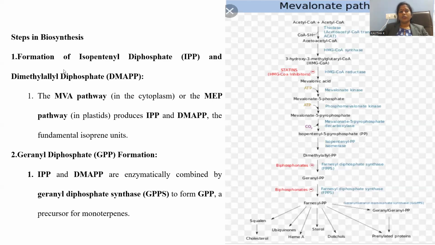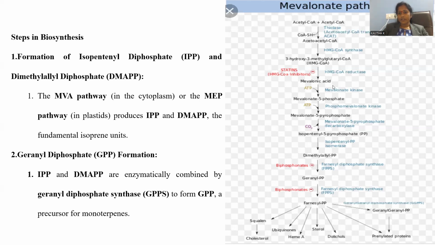Now we enter into the basic steps involved in the biosynthetic pathway of this alpha terpineol. Formation of isopentenyl diphosphate is required, and its isomeric form called dimethyl allyl diphosphate. These are the compounds most commonly observed for all terpenes. Whatever we discussed in the earlier sessions, there also we went through the IPP and DMAPP synthesis. Let's see a detailed description for the synthesis of this isopentenyl diphosphate and dimethyl allyl diphosphate.